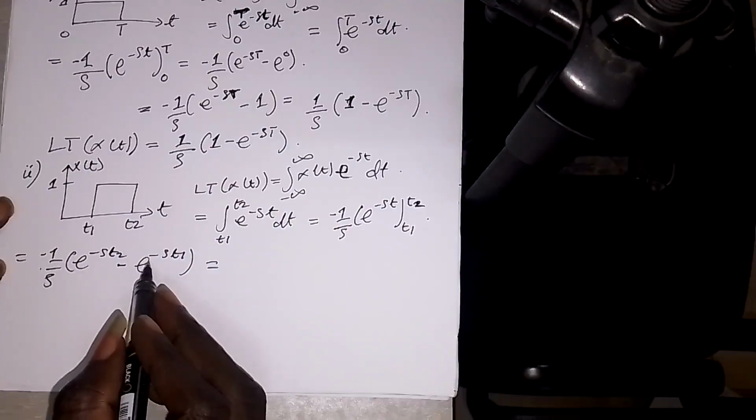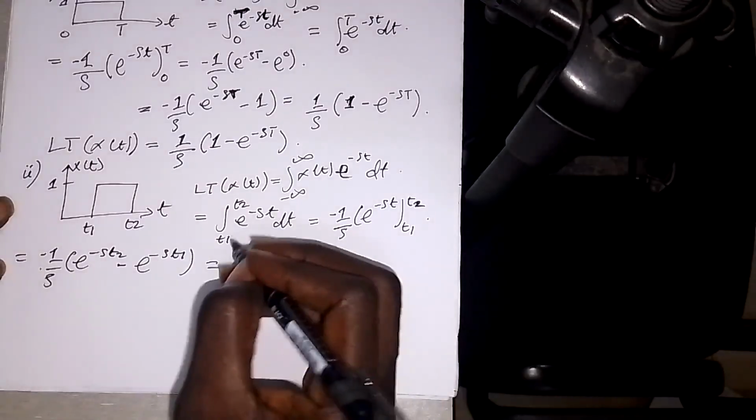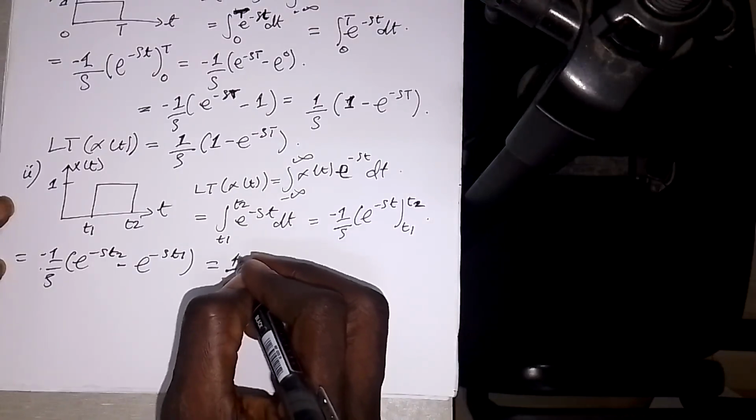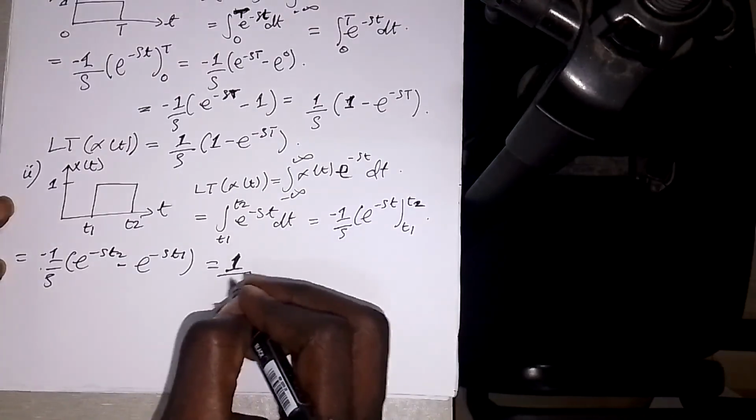If I multiply this by this, I'll get positive, this by this, I'll get negative. So I'll have 1 over